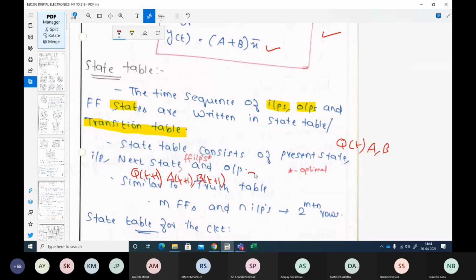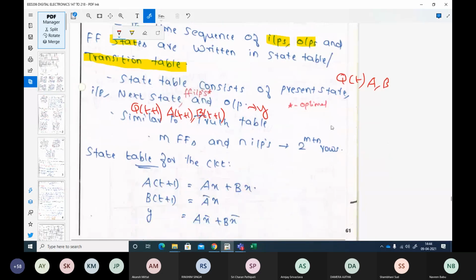At times, you might have flip-flop inputs also. The flip-flop inputs are optional. If you want, you can have them, else you need not have them. And the other thing that is important for a state table is you have to decide on how many flip-flops and how many inputs they will have. Always